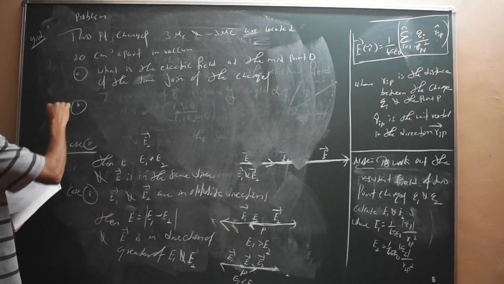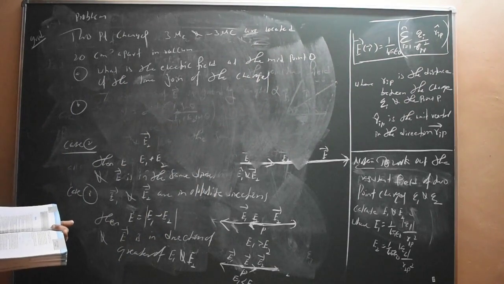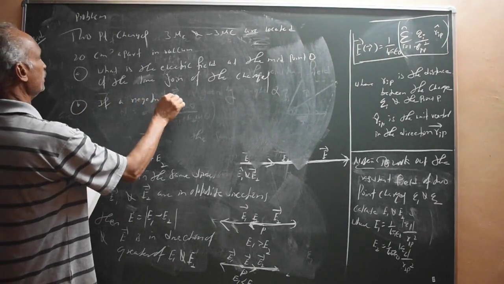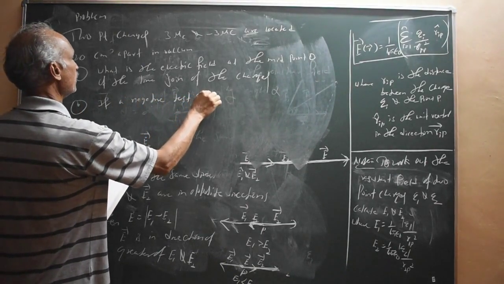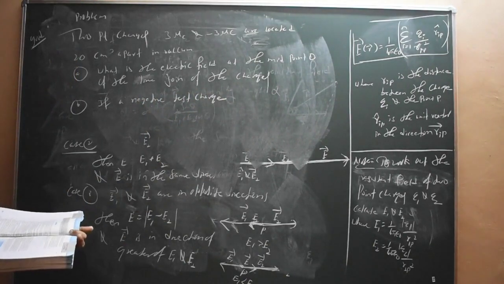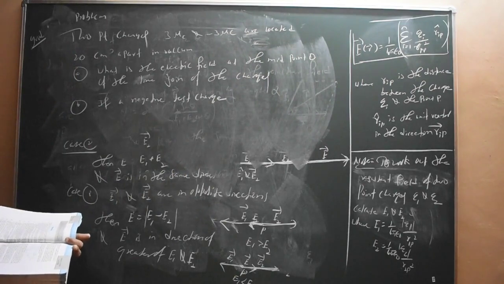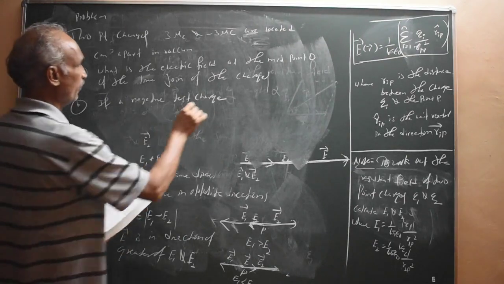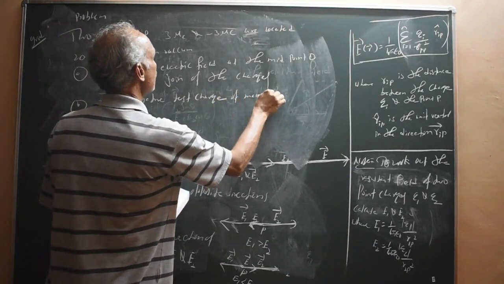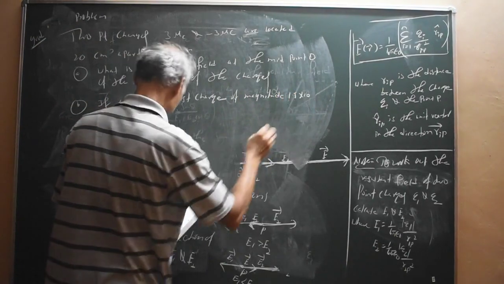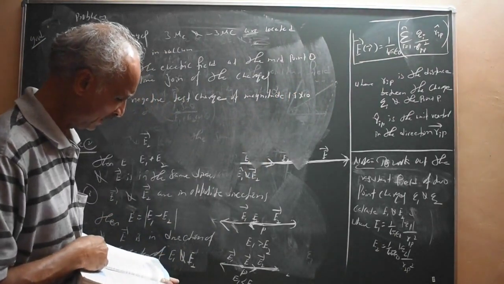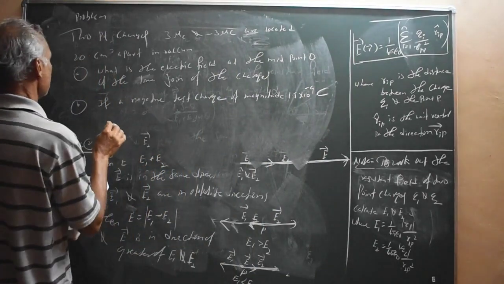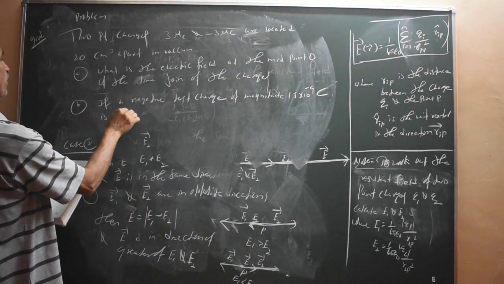And second, question number 2: If a negative test charge of magnitude 1.5 times 10 raised to minus 9 coulomb is placed at that point,